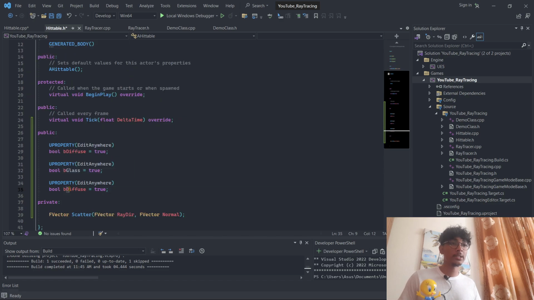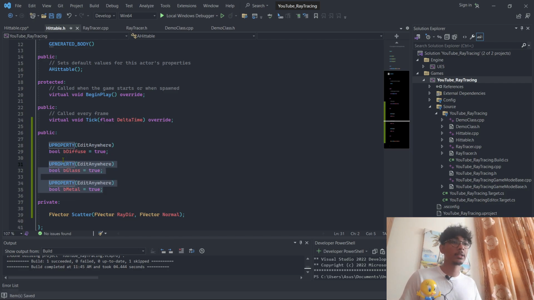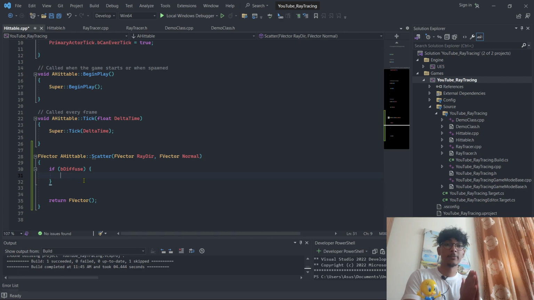Glass and metal, right? Don't worry about this. We won't be implementing it in this episode, but it's quite scalable. So let's save that and come back to our scatter function. In the scatter function, we can ask if we are diffuse. Is B diffuse? And if we are, we need to calculate a ray